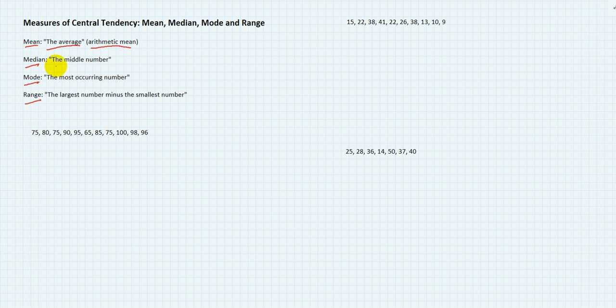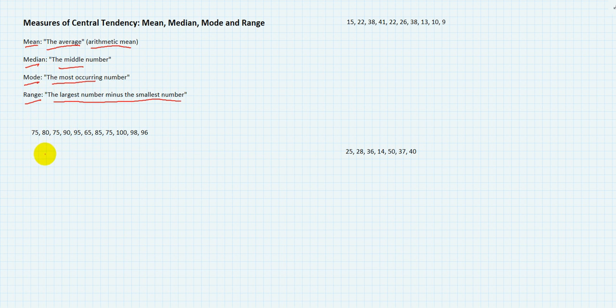There are other means that you'll learn in future classes. The median is, I like to call, the middle number. The mode, the most occurring number. And the range is the largest number minus the smallest number. So let's just dive right into it. You can pause this video if you need to, rewind, do whatever you need to be able to understand these